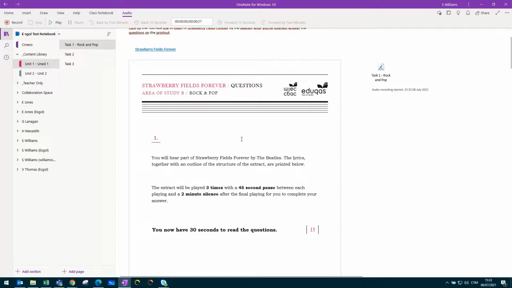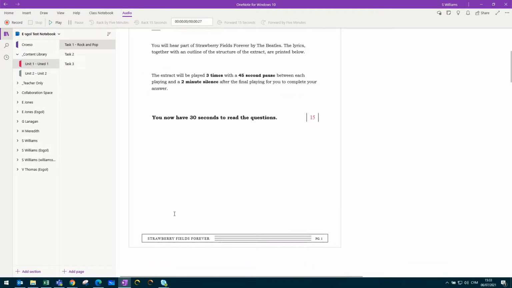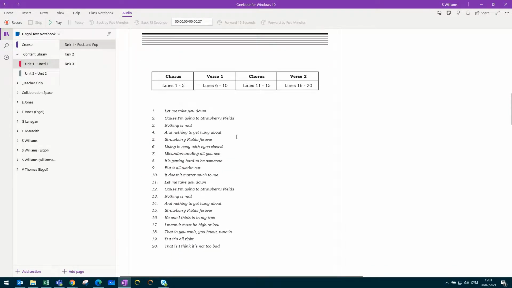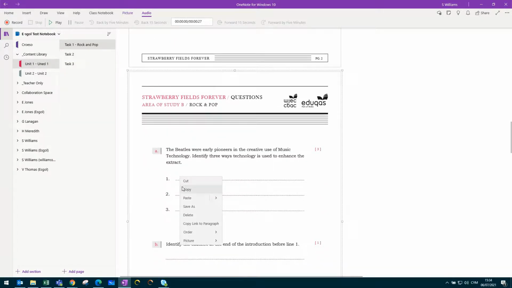It's been glued in, it's stuck onto the page, which means when you share the document, the pupils will be able to answer the questions. Oh, I need to do it for each page, sorry. So yeah, you need to do it for each page, but now I can start